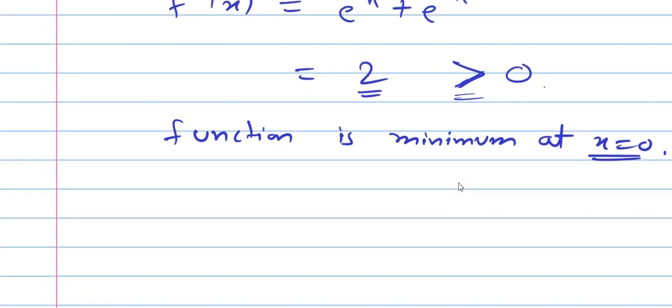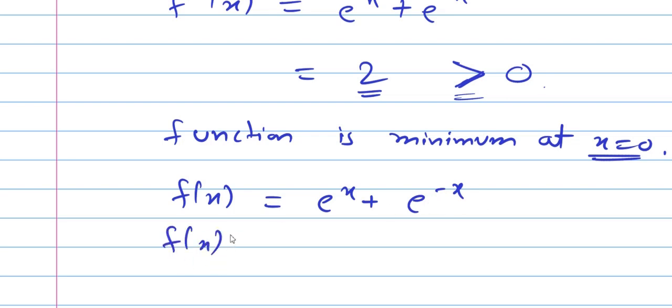So our given function is e raised to x plus e raised to minus x. So just calculate the function at the stationary point, x equal to 0. So it comes out as 1 plus 1, 2. So the minimum value of the function is 2. So the answer for this question is